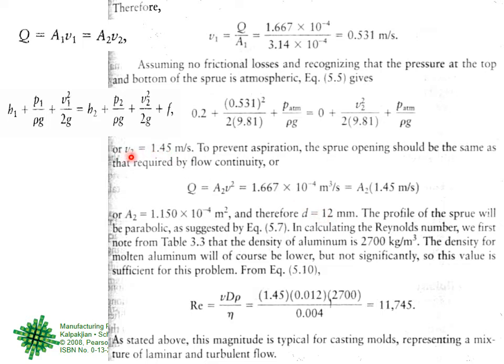Now the Reynolds number. So now Reynolds number is not an issue. Reynolds number is simply V d rho upon eta. But here velocity, so this is the velocity that you found, dia is the dia at the bottom which we just found, rho is the density and eta is the viscosity. Viscosity is given in the problem, density is not. So you go to some table, and found 27,000 kilogram per meter cube.